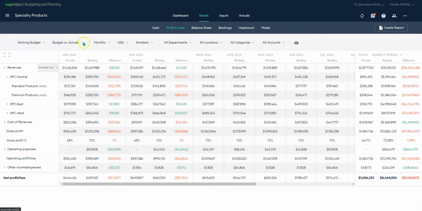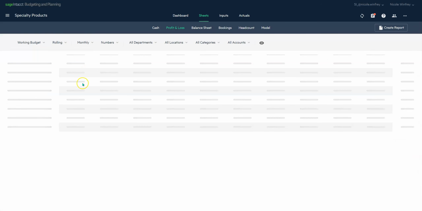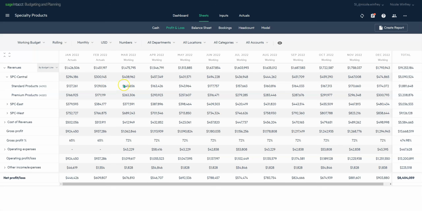Now to take it one step further, we have another automated set of data called rolling. And what rolling is, it's really year-to-date actuals, plus the remainder is your working budget. So as I change that view, you now can see here's your actuals year-to-date and the remainder of your budget going forward. So you have a full year view of what your latest and greatest set of data and projections